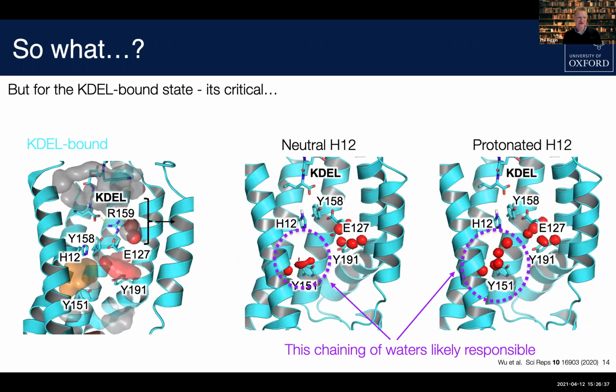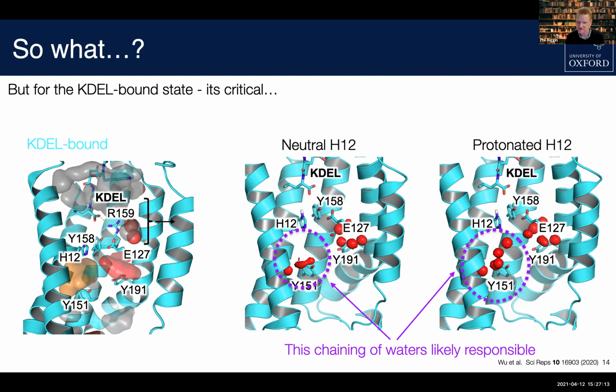But when you put it into the KDEL bound state and you do the same kind of calculations, then actually there's a very distinct difference when you have the histidine protonated compared to when it's in its neutral state. And when it's protonated, you actually favor a lot more water chaining happening in this bottom pocket compared to when it's in the neutral state. Hopefully you can see that in these two different purple circles, which are highlighting the main difference. So when it's protonated, you get a nice chain of water molecules forming, which is obviously aided by the protonation